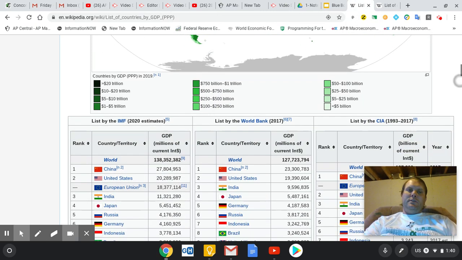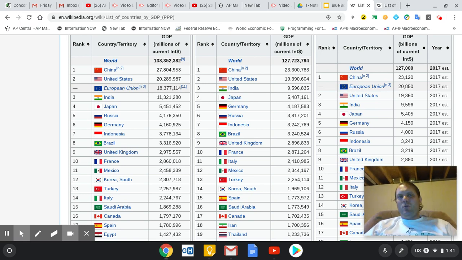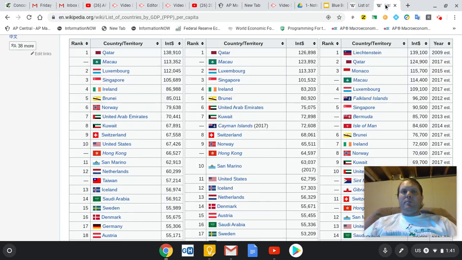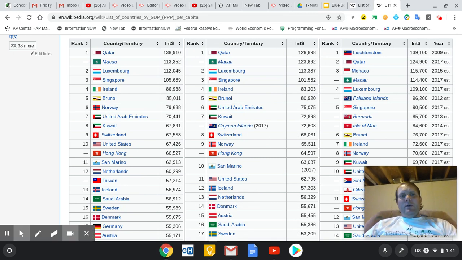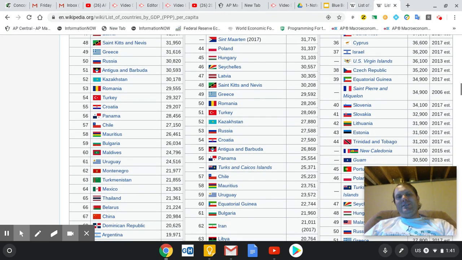First of all, this is a list of total GDP from countries. You can see that number one in the world is China, and they produce $27 trillion worth of stuff. We're about $7 trillion behind, and you can see that we're ahead of a bunch of other countries. Some people would say China's way better than us. Well, remember, China has about 4 times as many people as us, so they should produce more stuff than us. If you look at per capita GDP, we are not number one, but we are number 10. We do pretty well, and China's down towards about 67.